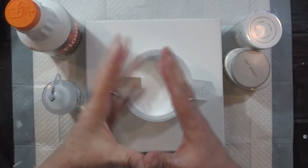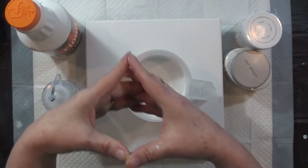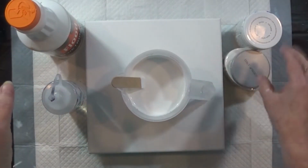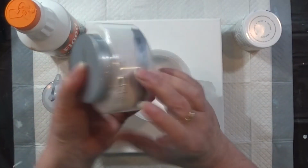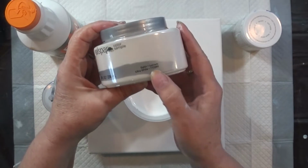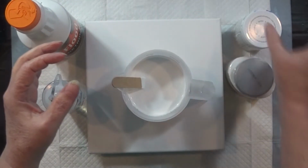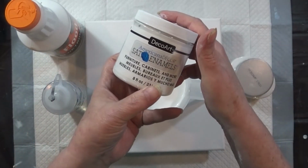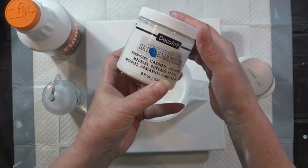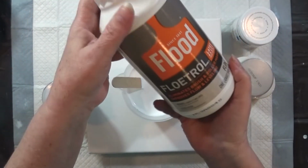Today we're going to try it again. We're trying for the pearl cells, the cloud effect with pearl cells. And I did get me some house paint, and I got some of the Valspar in Satin Ultra White. So hopefully this works. I'm mixing it with the Satin Enamel from DecoArt in the white, and I'm mixing my